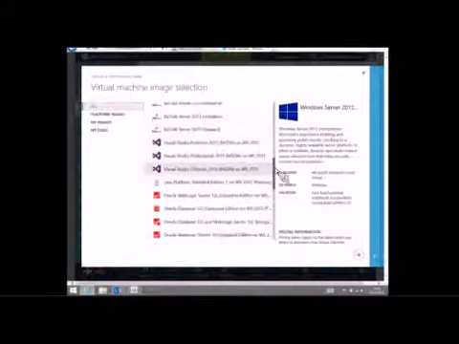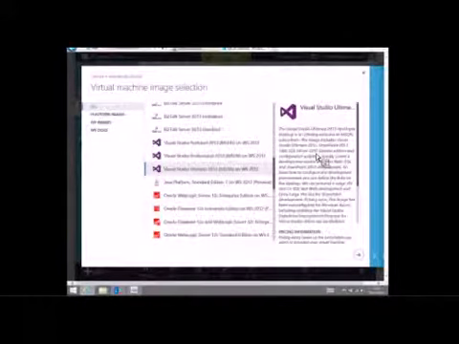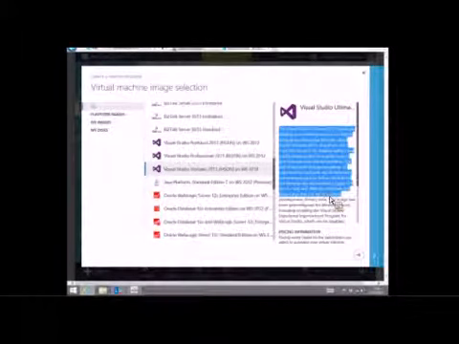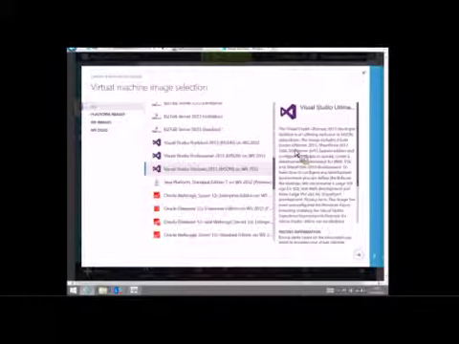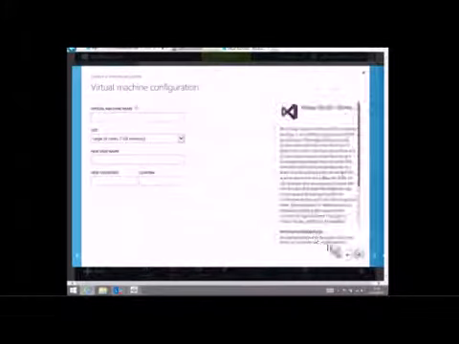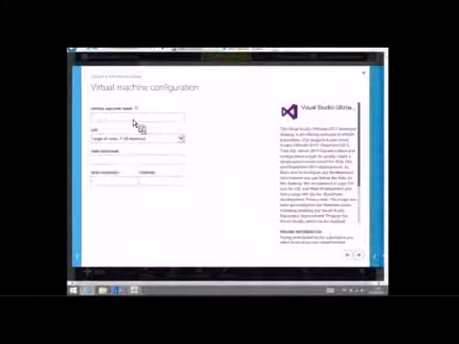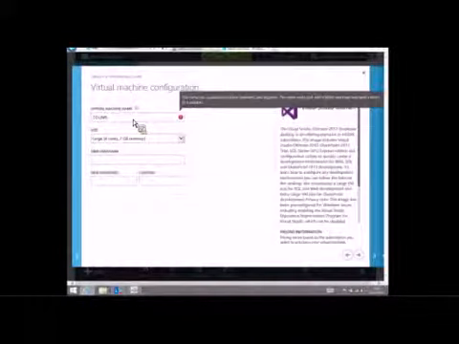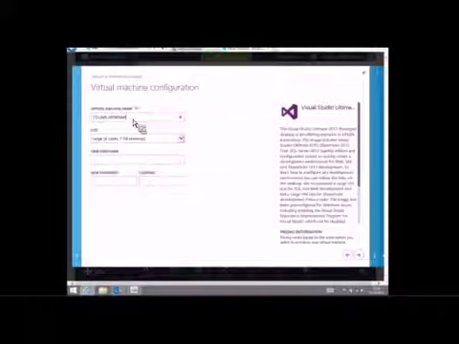Now for my demo, I'm just going to create a new Visual Studio image, and this description tells us about what's installed on this machine. It's got SharePoint installed, SQL Server, and Visual Studio Ultimate installed on that. And we can get all the details that we want from this. Literally, I'm just going to say I want an instance of this, and I'm going to give it a name. I'm going to say that it's called Colin B. dot, I don't know, webinar or something like that.